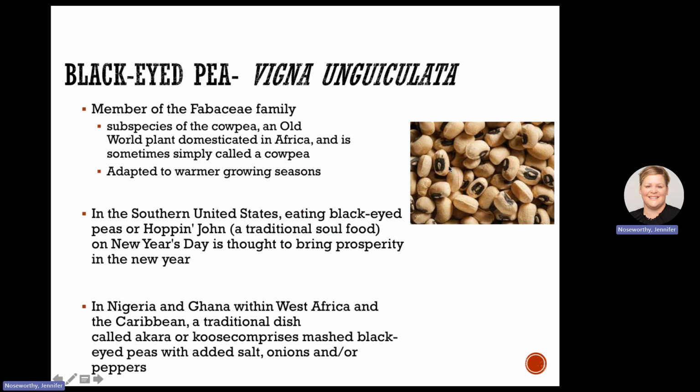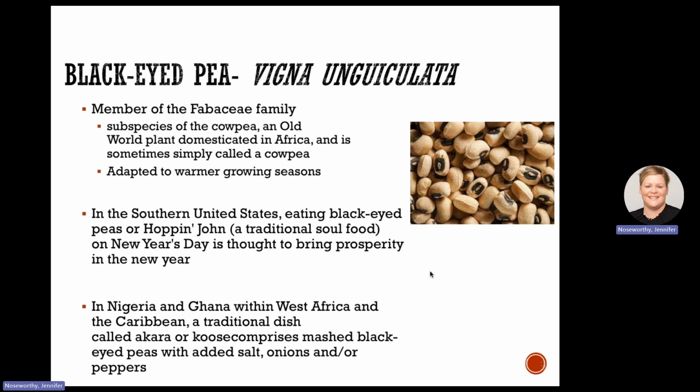The black-eyed pea looks similar. This is Vigna unguiculata. It's related to cowpea. Cowpea is one that is a food for forage for animals, but this is adapted to warmer conditions. And your reading also talks about the black-eyed pea as a traditional food served at New Year's Eve or New Year's Day, called Hoppin' John.